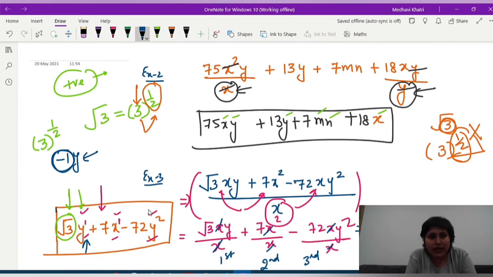So for today we'll be ending our session on this topic only, that is the basic difference between polynomials and algebraic expressions. I think it must be clear, all those definitions and all the examples. If you have any doubt in the definition part or the difference that I told you in case of powers, or any of the examples we did till now, any query in any step, if you think any step is missing or not clear to you, then I can explain it to you now. You can ask me any doubt.